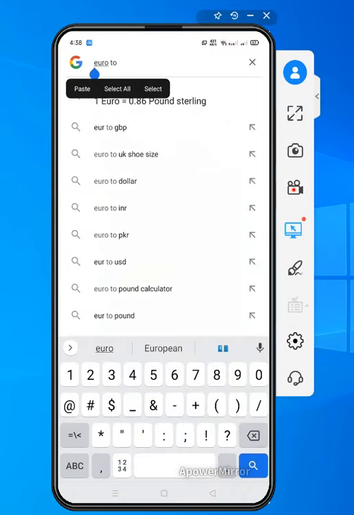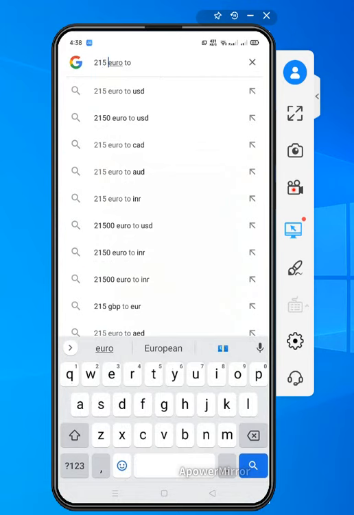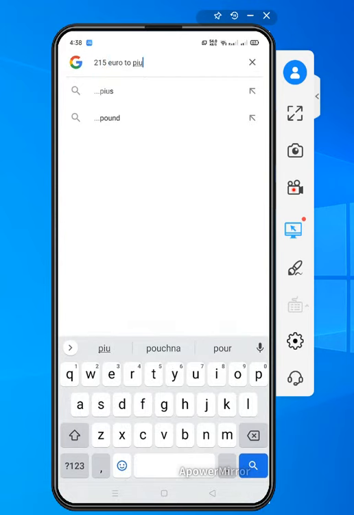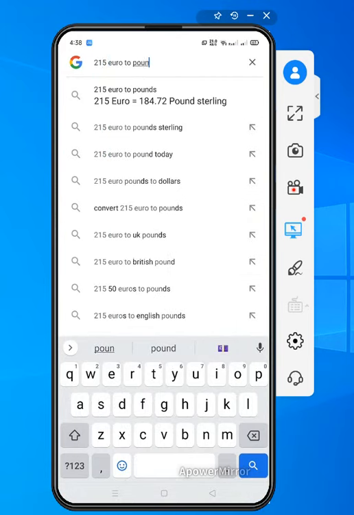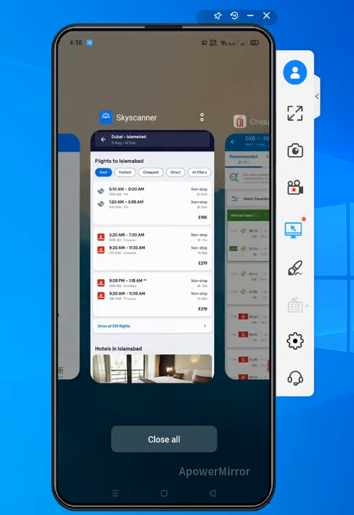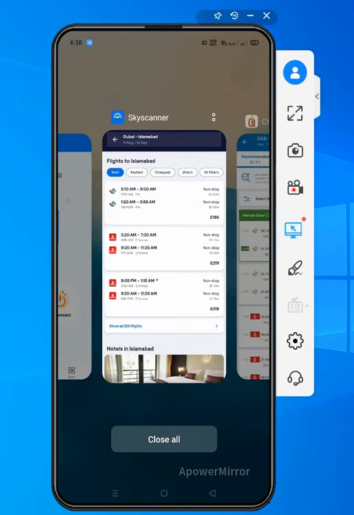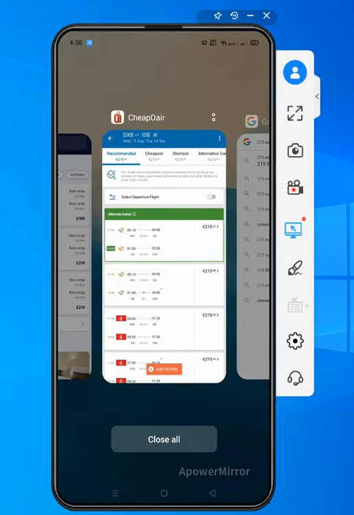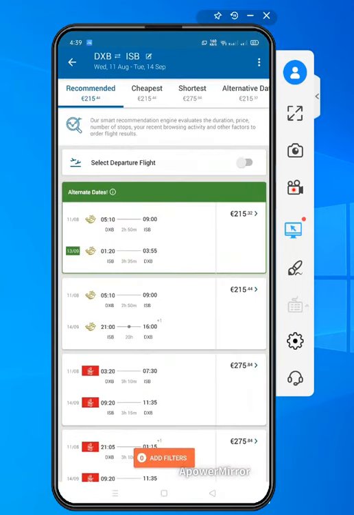I am going to paste here 215 euro to pounds. All right, selling, so it is almost equal to 184 pounds. Okay, so as you can see in cheap air it was 215, which was 184 pounds, and here in Skyscanner it is 186. So cheap air is giving us the cheapest rate compared to all airlines. Okay, so I am going with cheap air, and here you can choose